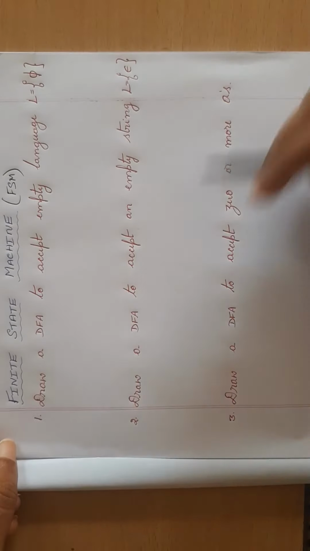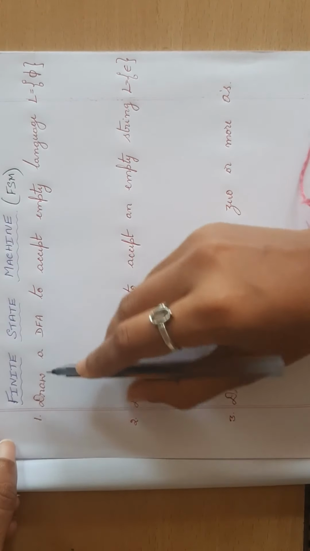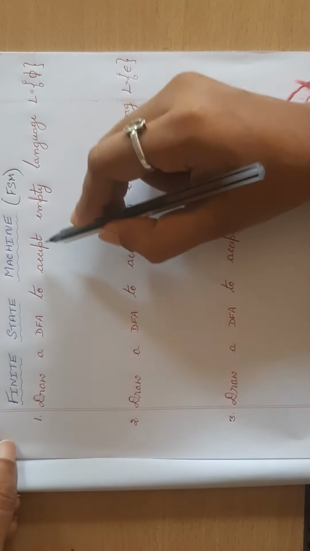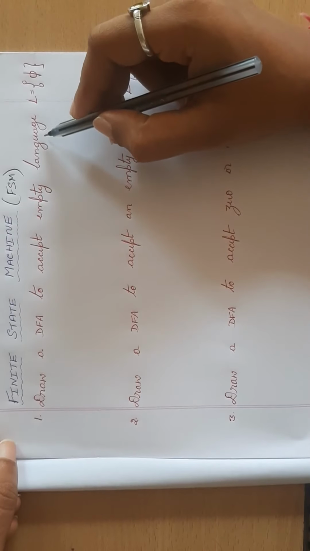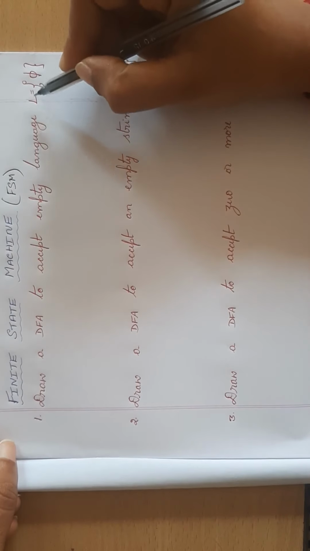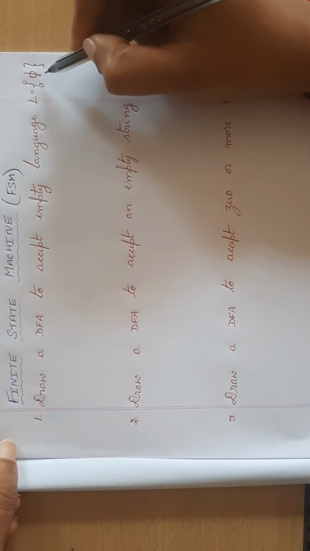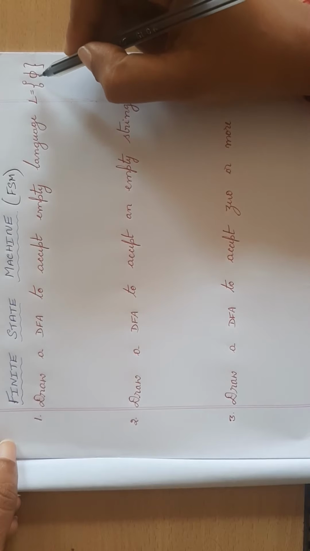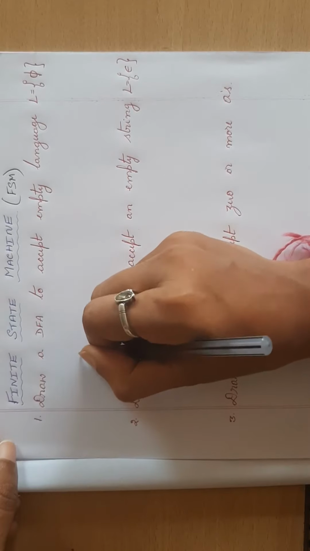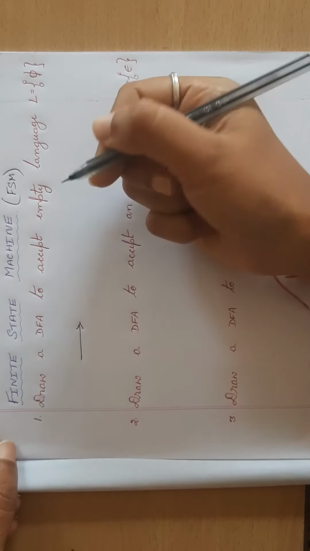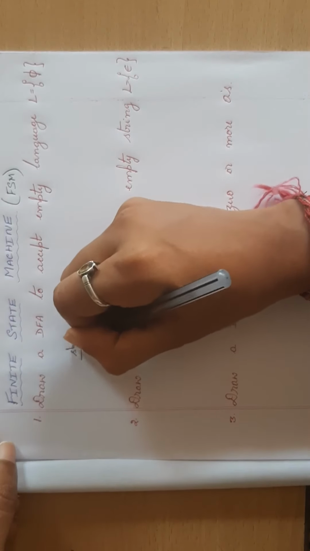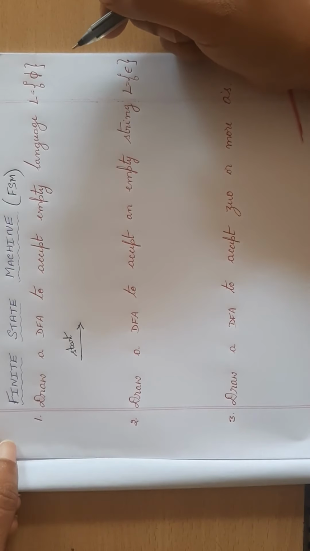In this question, they have just asked to draw a DFA to accept the empty language. L is a language. Since it is the empty language, it is simply denoted as phi. So if it is an empty language, you can simply draw the diagram like this: this is the start state. Write it as start. Then you have to draw the different states. Since it is an empty language,